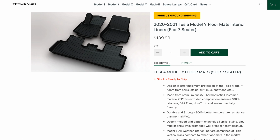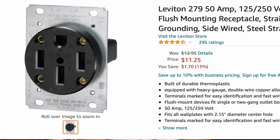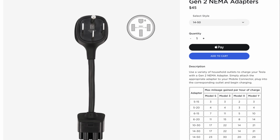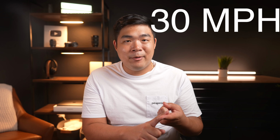like all-weather floor mats, a screen protector for the giant tablet in the center of the car, or I would even consider installing a NEMA 14-50 outlet, buying an extra charging cable, and buying a NEMA 14-50 adapter for your garage. The standard wall plug that comes with the car can only charge these cars 1 to 4 miles an hour. And that's fine if you don't drive much, but with the NEMA 14-50 outlet, you can charge up to 30 miles an hour with it,